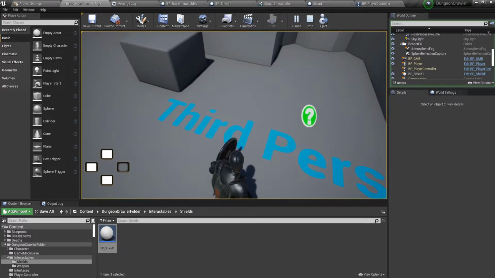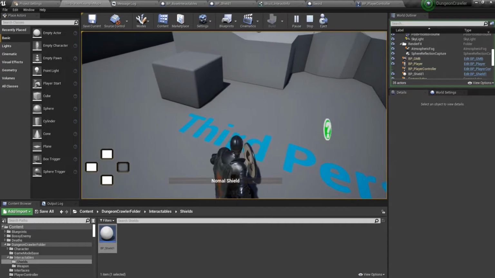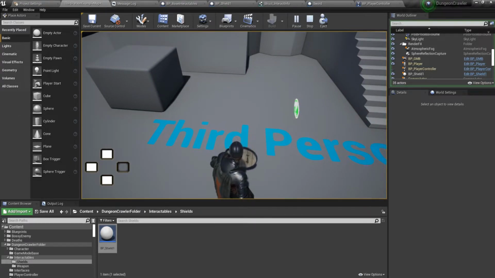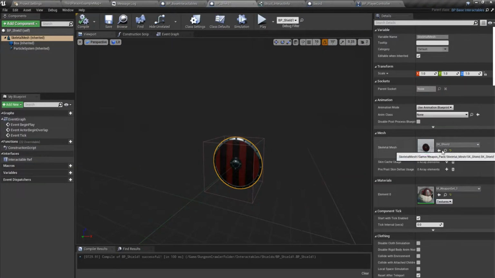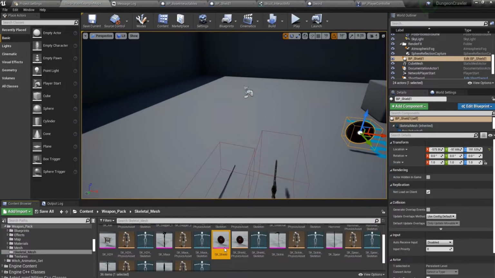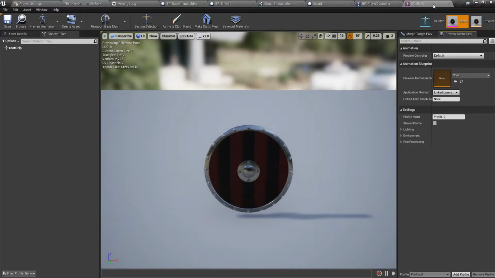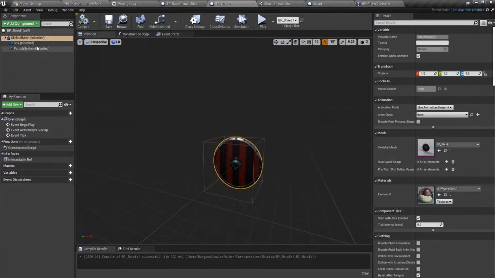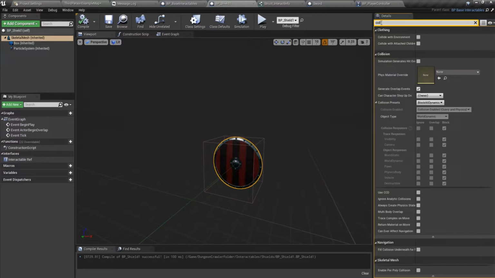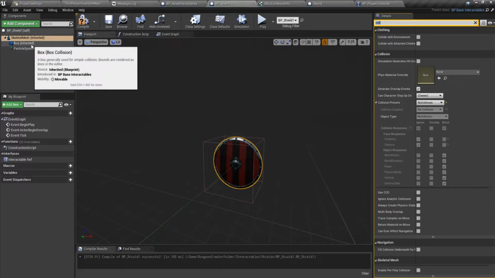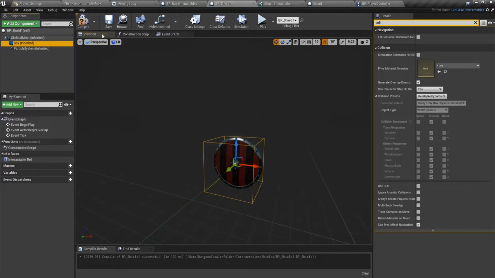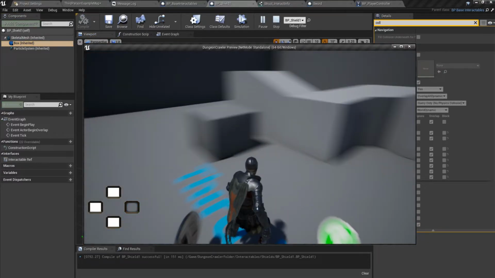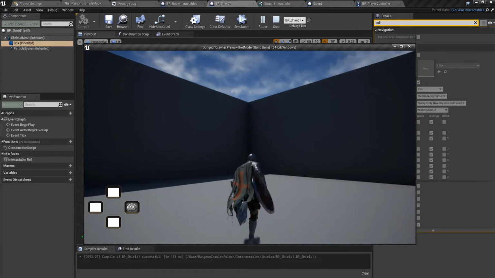Okay, so let us find this shield wherever it is, and make sure the collision preset is block. Okay, never mind. No collision, sorry, overlap, right? Overlap all dynamics, make sure it's set to overlap, so it overlaps now. Yeah, and now we just pick up